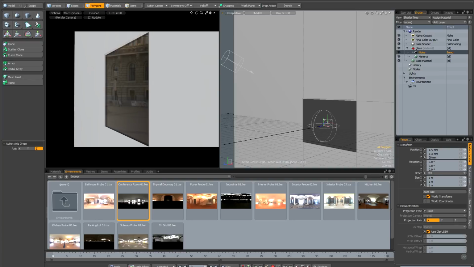Now, of course, another attribute of glass is that it is rarely perfectly clean. You can add all sorts of maps to give the impression of dirt and grime and some changes in the roughness of it, say if there's fingerprints on it or if there's sort of dirty areas. But I think that would be a subject for a whole other video that I'll probably